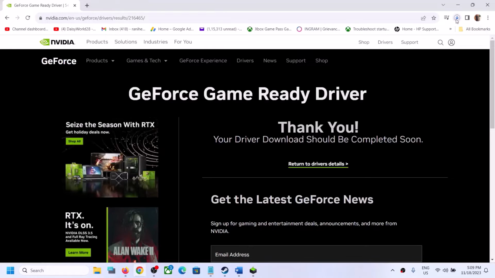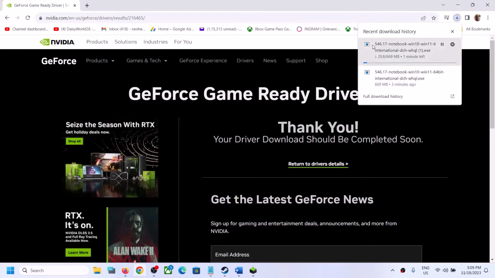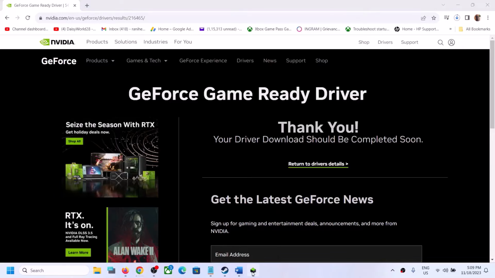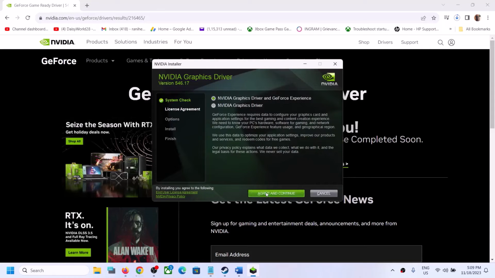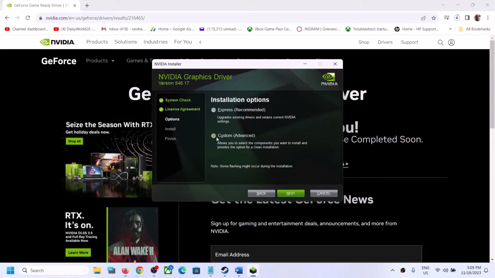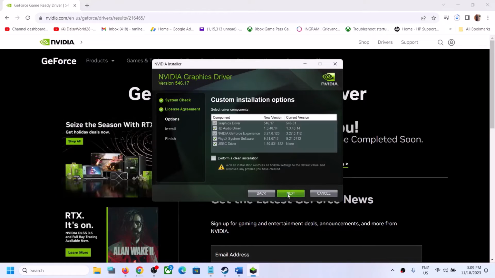Now once the download is complete, you can run this file. Now once you run this file, you will see the screen. Click on Agree and Continue and then put a check on the box which says Custom. Once you select Custom, click on Next and then put a check on the box which says Perform a clean installation. Now this is important, so make sure that you put a check on Perform a clean installation and then click